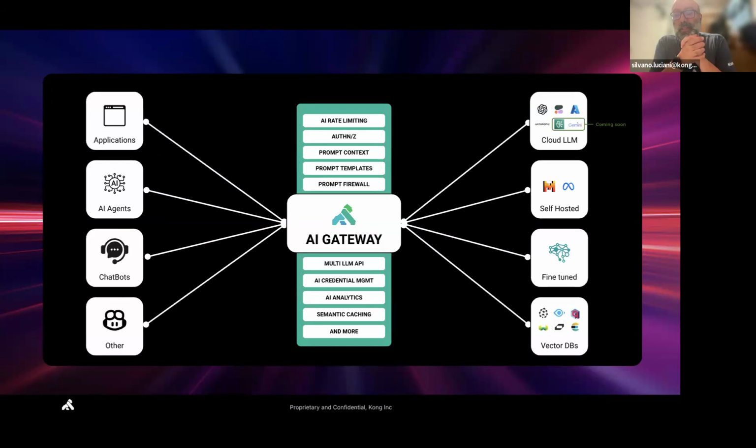this type of scenario, and especially the Kong API gateway, because it's the gateway that can sit between all the applications, all the use cases on the left side, and all the providers of AI-related services on the right side, and then mediate access, providing some of the traditional API management areas that we talked about, authentication and rate limiting, but also some of the functionalities and policies that are more specific to AI.